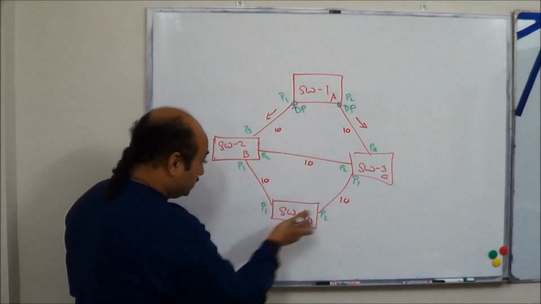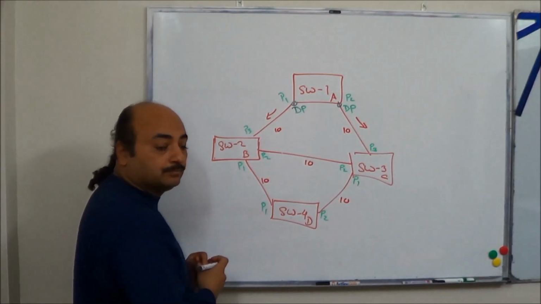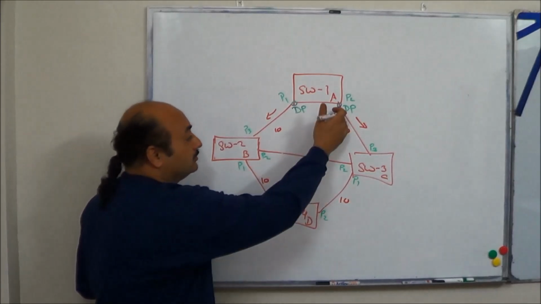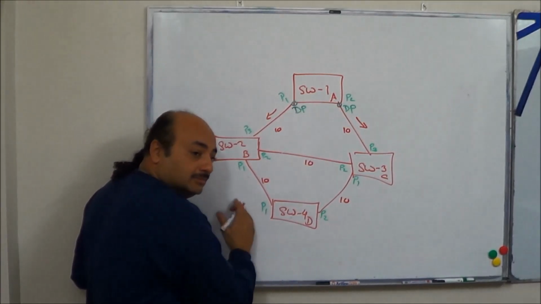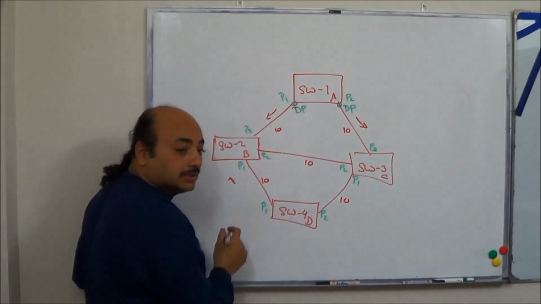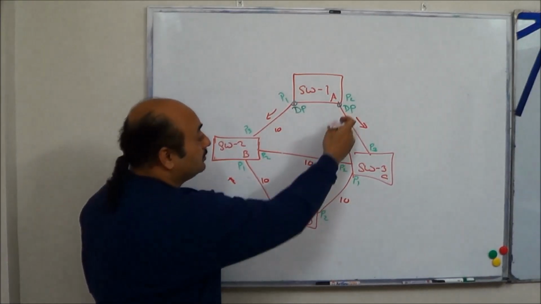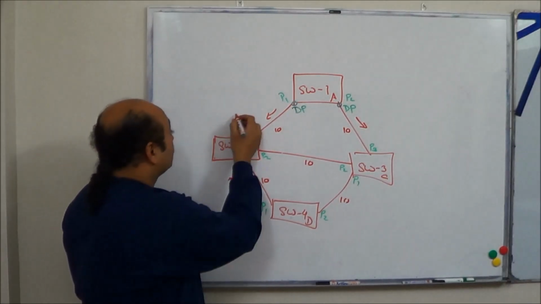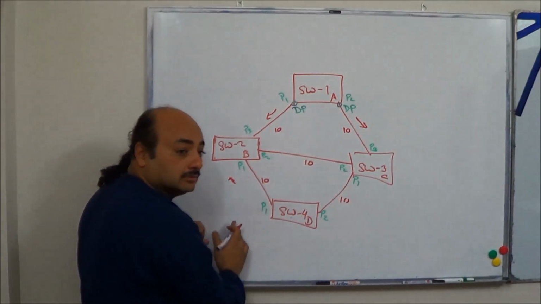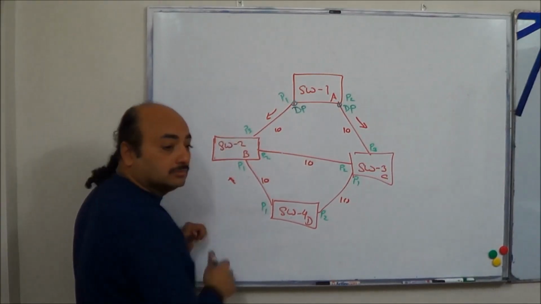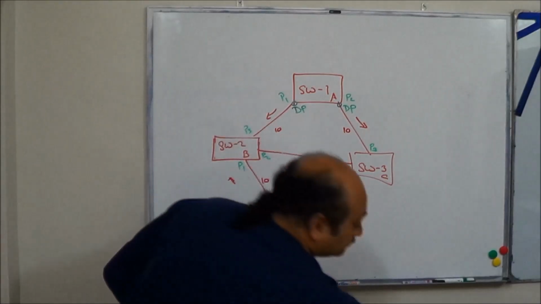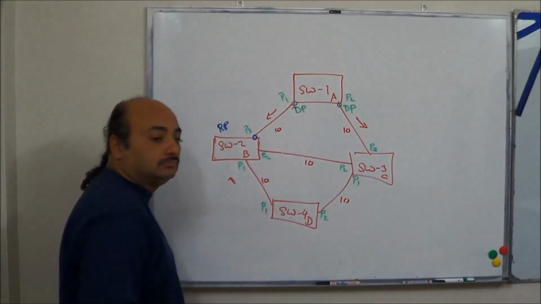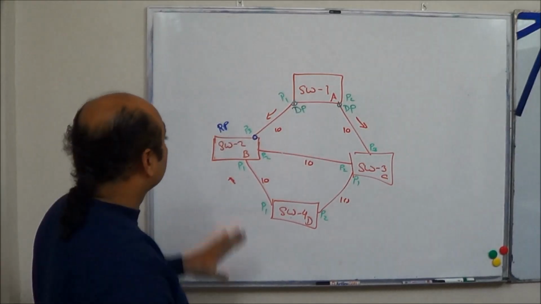But let's compare this path also. What is received from here is 32768. The root bridge ID coming here will be the same, 32768 plus A. RPC will be 0 plus 10 plus 10, 20. So it is clear that from here it is coming 0, from here it is 10, and this is coming as 20. So RP is this. We can call it RP. Good, so this part is done.